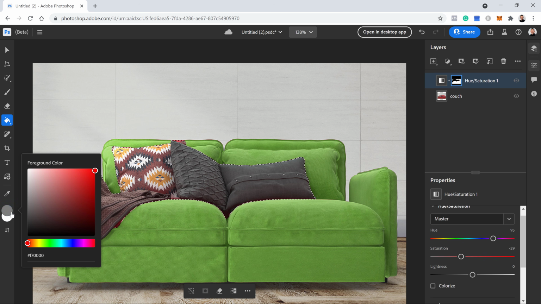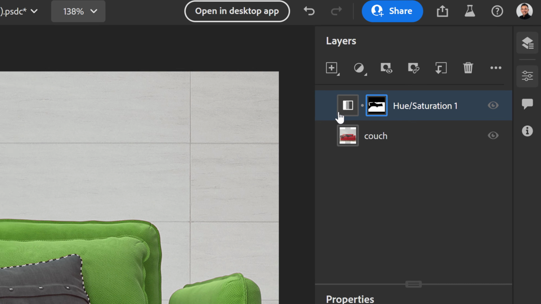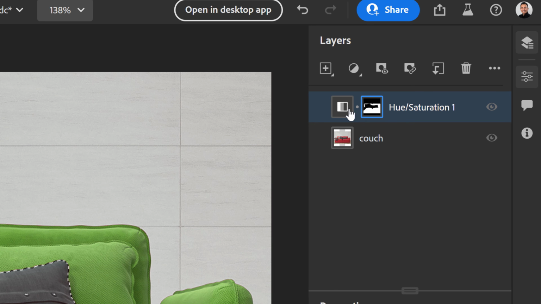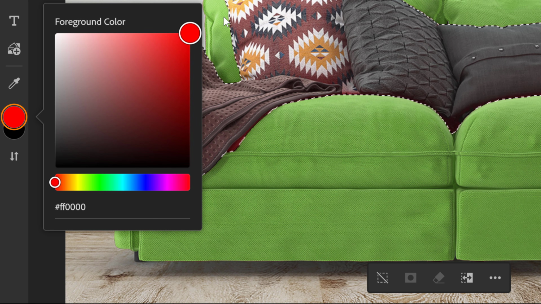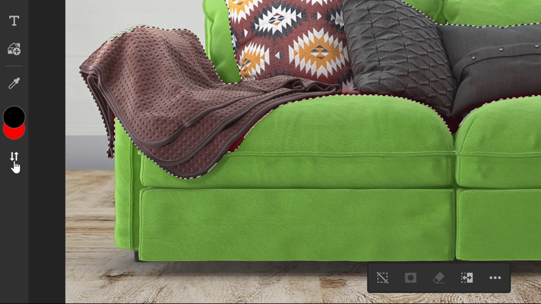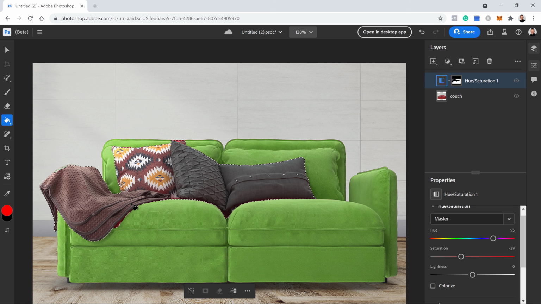And the reason that I'm getting gray and not red is because I have the layer mask selected. If I select the layer, when I go into the chip, it will become red, as you can see. And you can click on this icon to swap the foreground and background color. Again, with the selection active, you can click on this icon to deselect,